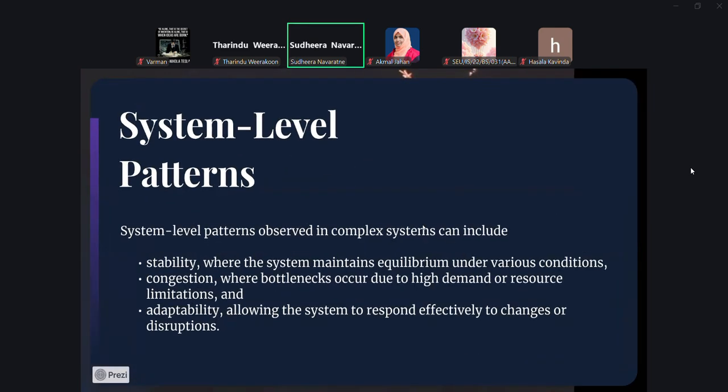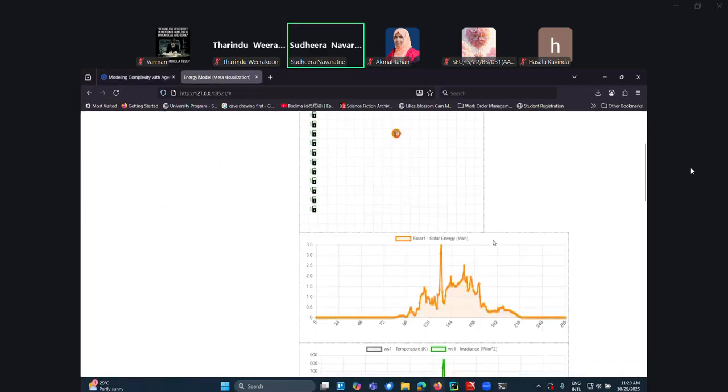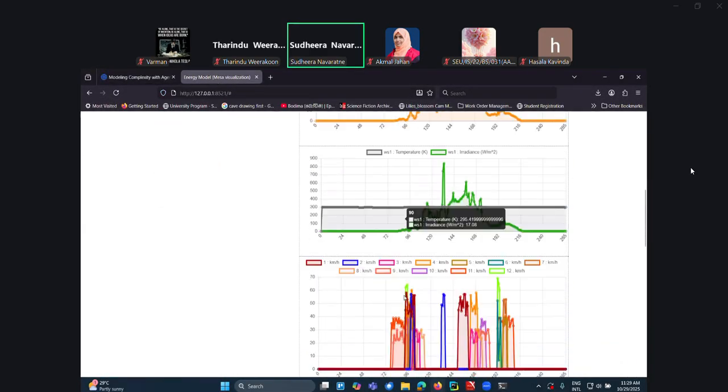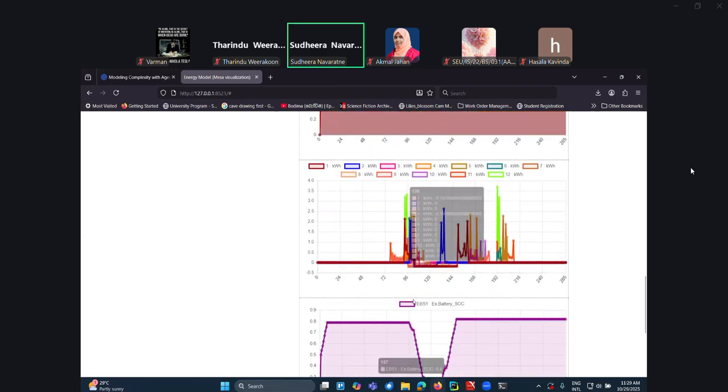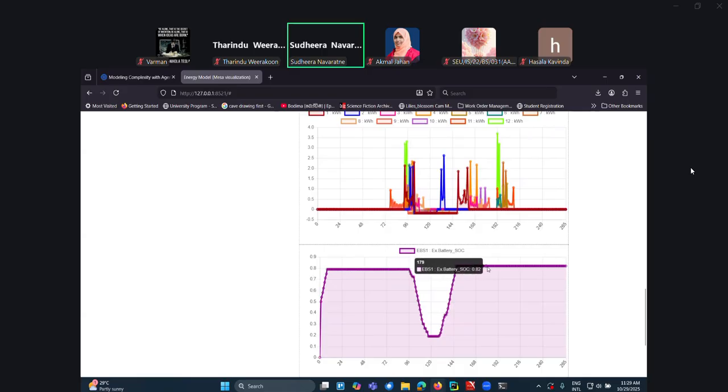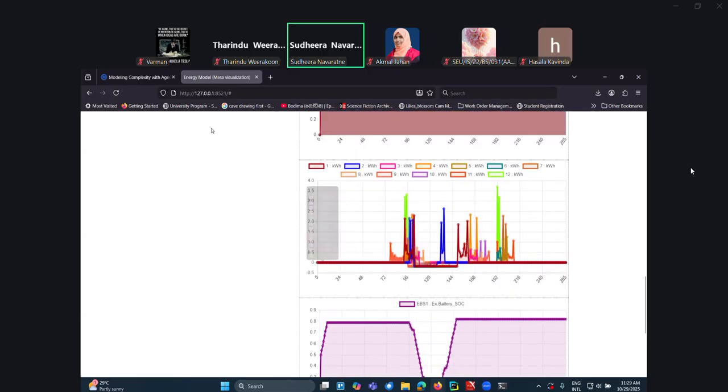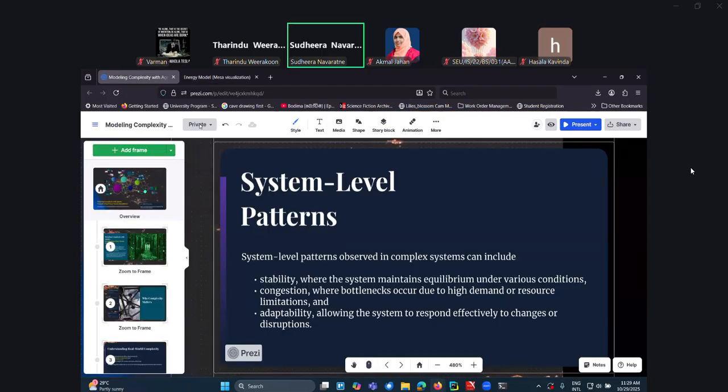The advantage is that by putting the agents into the simulation and observing their behavior, their outputs, and so on, you can identify the system-level pattern or behavior. You can see how the energy demand will vary, the energy demand from the grid, and the battery storage, and so on, depending on the behavior of the agents.